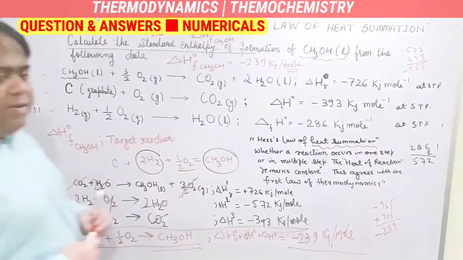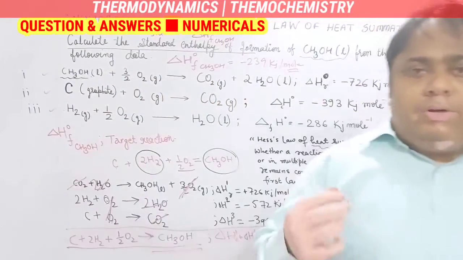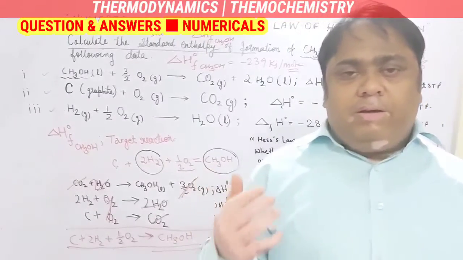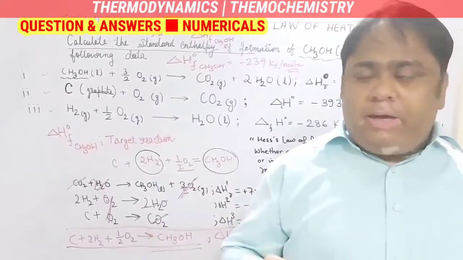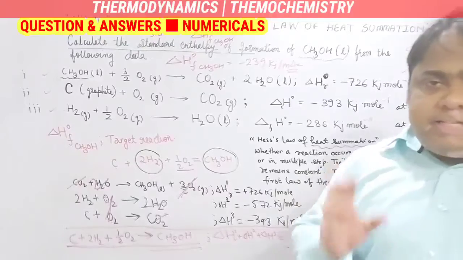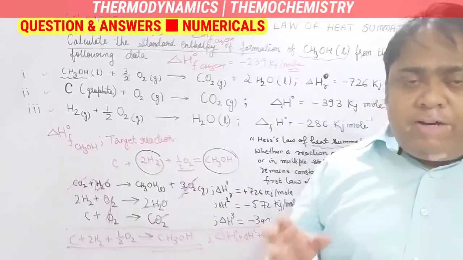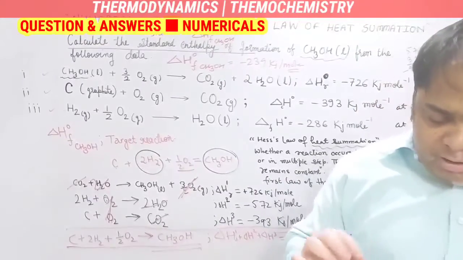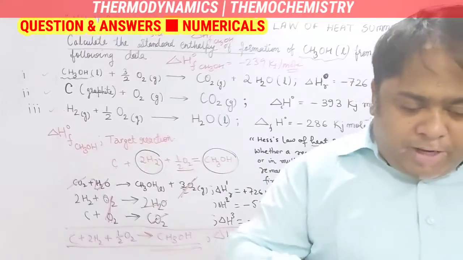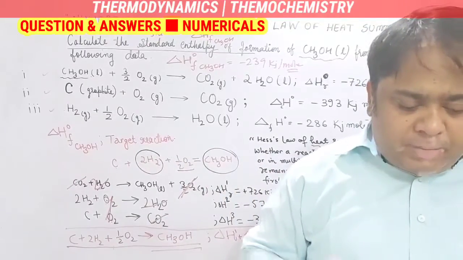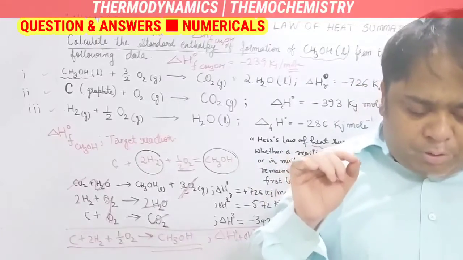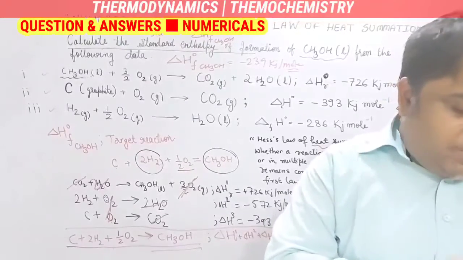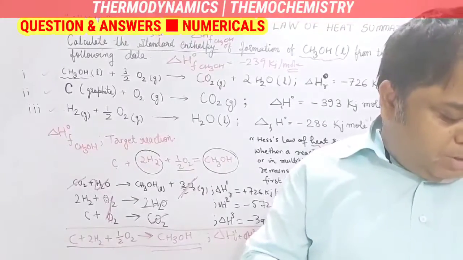So in this way you will be given a number of reactions and you have to arrange those reactions to get the target reaction to find out the heat of formation of that particular product. Okay, so this example I have taken because with this example you will be able to solve a number of problems in your NCERT book. Like you will be able to solve question number 15, question number 12, and this was actually question number 14 which I have picked up from the exercise. You will be able to do question number 10, question number 12 is based on that, 15 is based on that, okay. So many questions are there which are based on these properties.